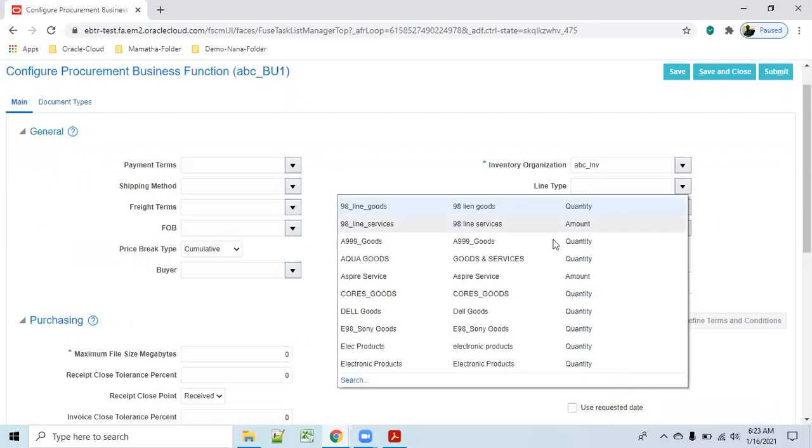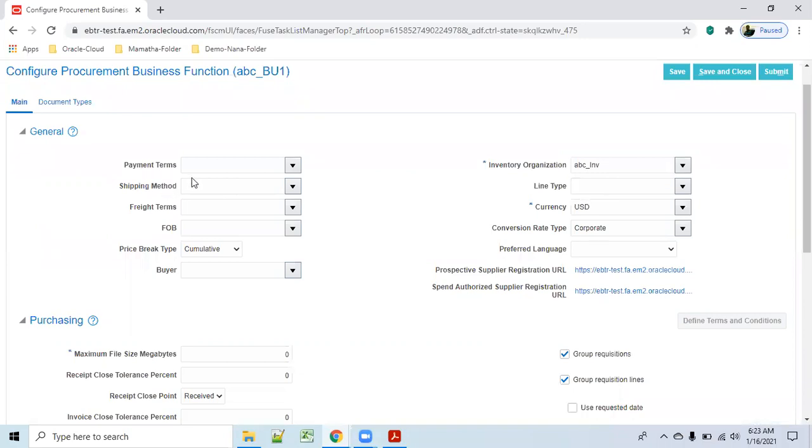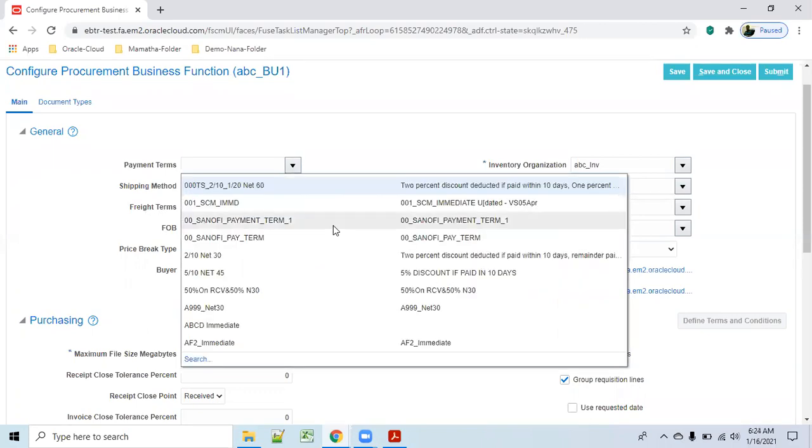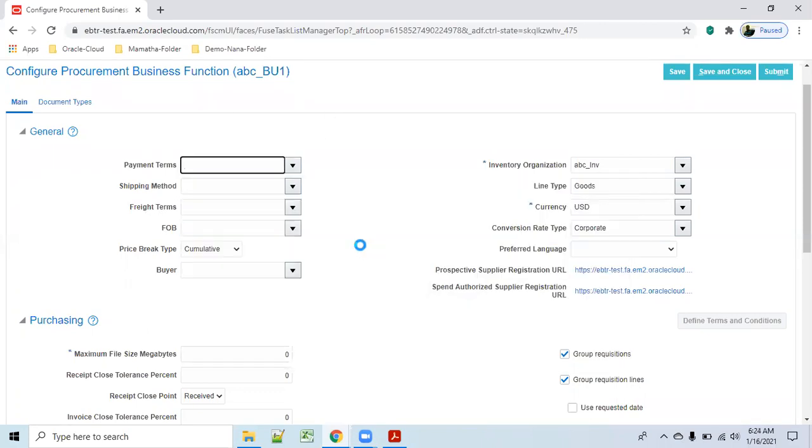Line types, payment, shipping method, freight terms, whatever data you give here will be defaulted in the PO screen, nothing else. So now I'll keep goods here. For payment terms, I'll keep Net 30.